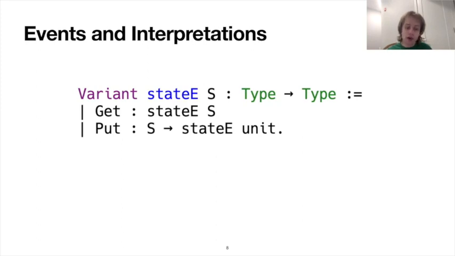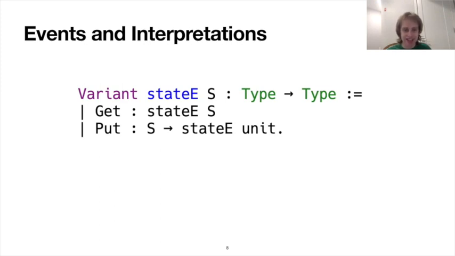And I talked before about this effect type family, so let's look at a particular example. This is the state event type family, parameterized on a state type S, and then has this type to type. It has two constructors, get of type stateE S, and put of type S to stateE unit. These types should be familiar to you if you've worked with the state monad before, because it is the type of the get and put